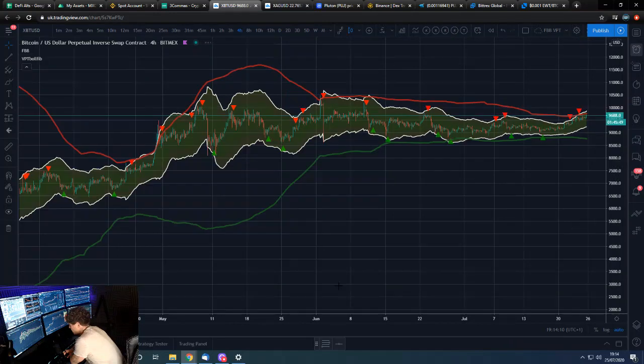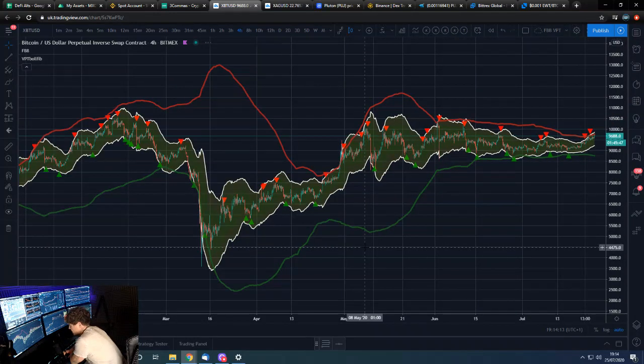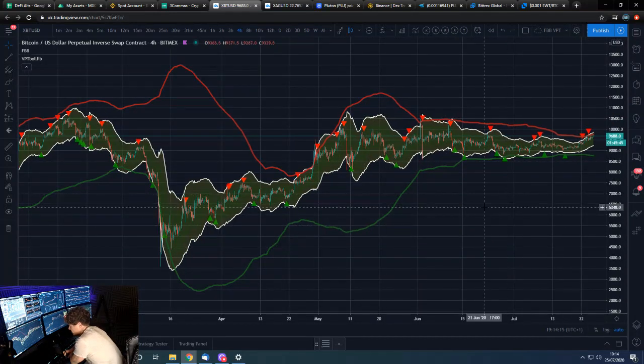So what has it told us to do with Bitcoin on this 4-hour chart? It had a buy there. We'll go all the way back to here. Buy there and a sell there, so a nice move up, move down. Then it got us to buy there, which obviously wasn't a great buy, but then it told us to buy more down here. And then a sell there, then a buy some more, then a sell, a buy, sell, buy